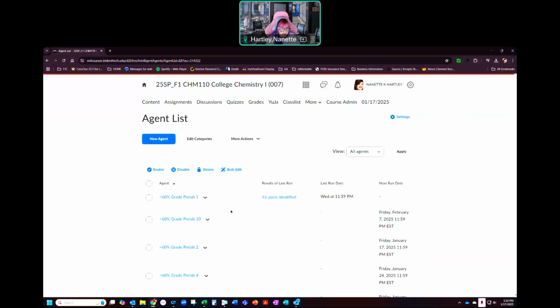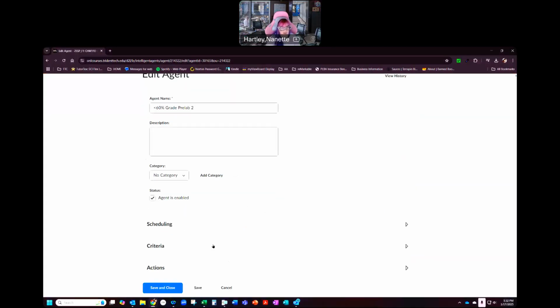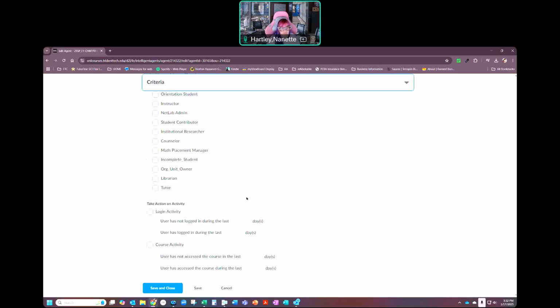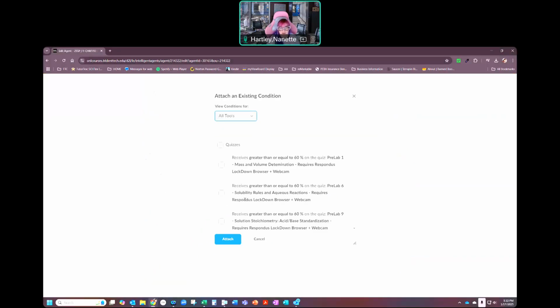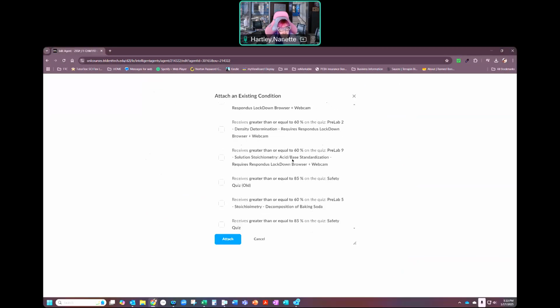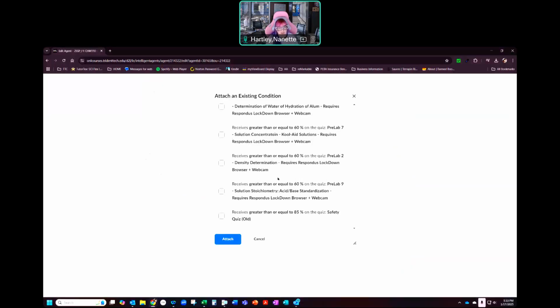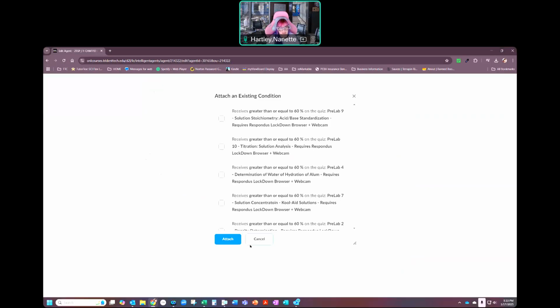So I'm going to go in and look at the one for pre-lab 2. I'm going to edit the criteria. If I were to come in here and browse the criteria, what I saw was all of them say receives greater than or equal to 60%. I didn't see any that were less than or equal to 60%. Now it looks like none of them were applied, so I went ahead and canceled this,